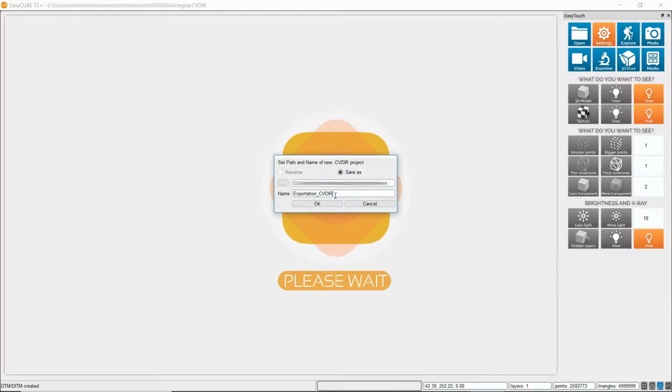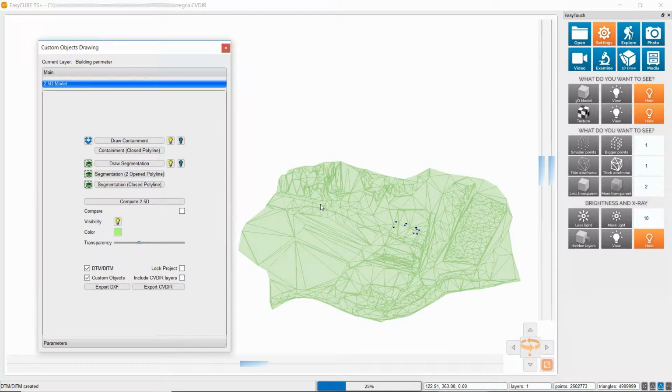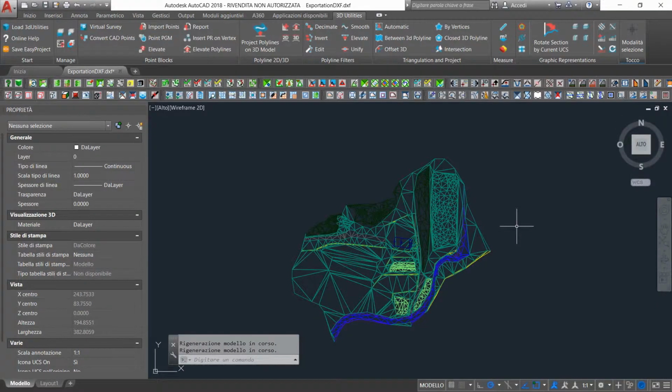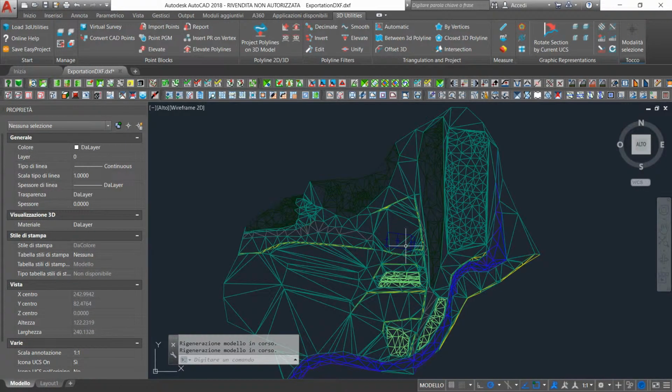I will name the file exportation DXF. Okay. In this case, I choose to export only the visible custom objects. Okay, here we're in AutoCAD and you see there are both the DITM and the lines and points I've exported